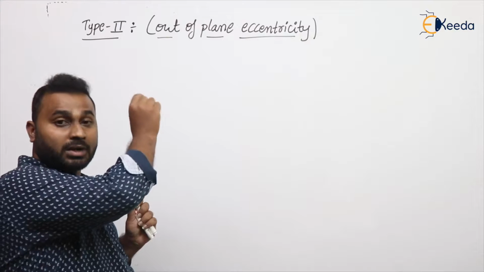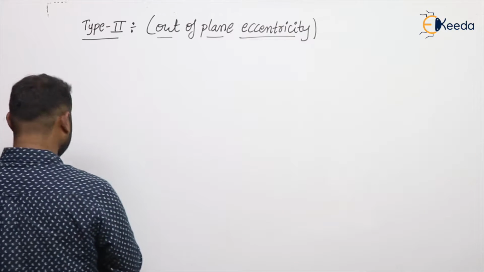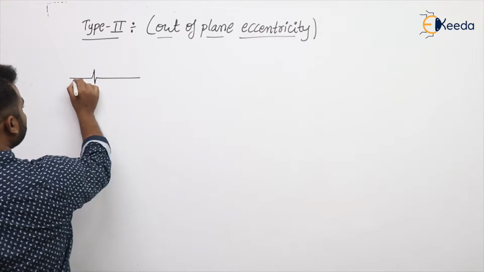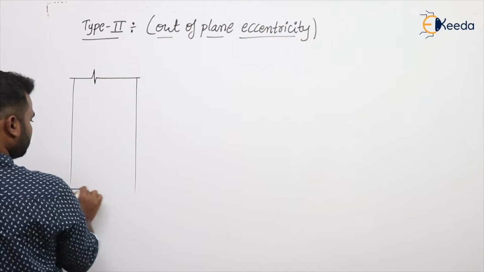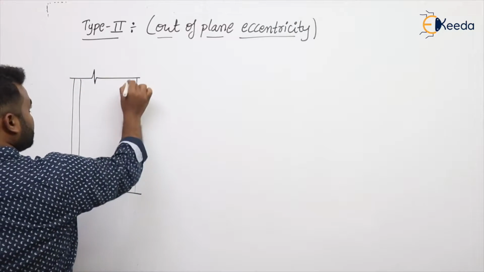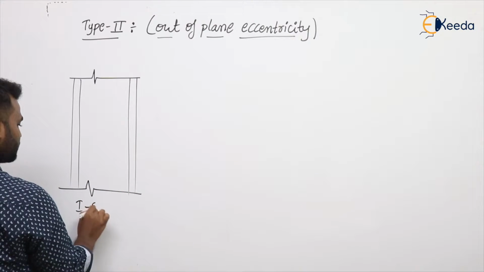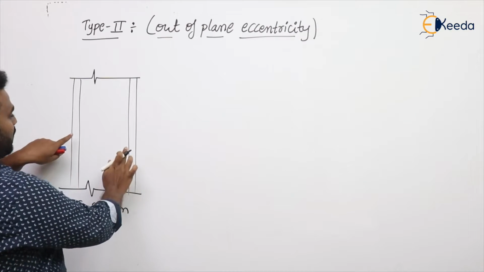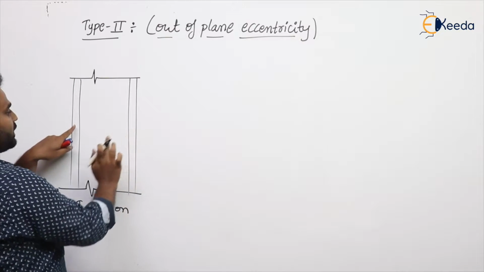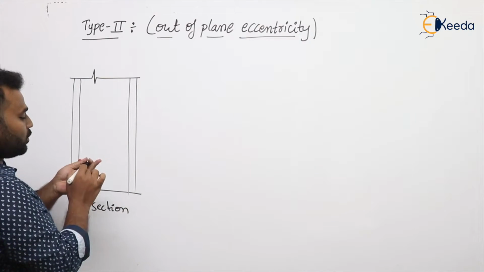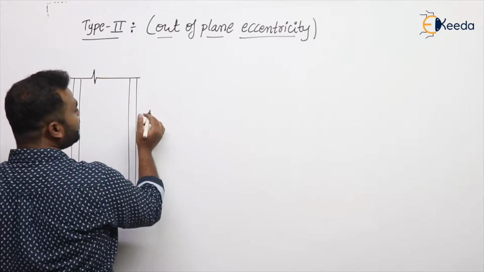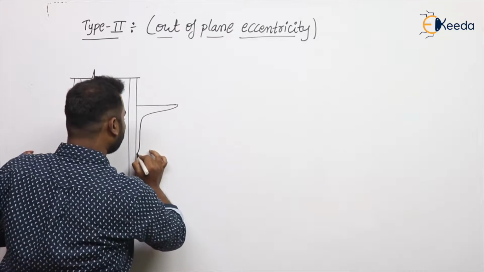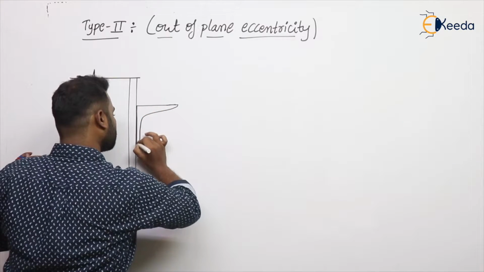So first, for that reason, let me draw the diagram here. So this is a column. Let us consider this column as an I section. So this is the I section column, which consists of flanges. This is one flange and this is another flange, and there exists a web in between. Now to one of the flanges, there exists an angular bracket or whatever it may be. There exists one member. Okay, this is that member.